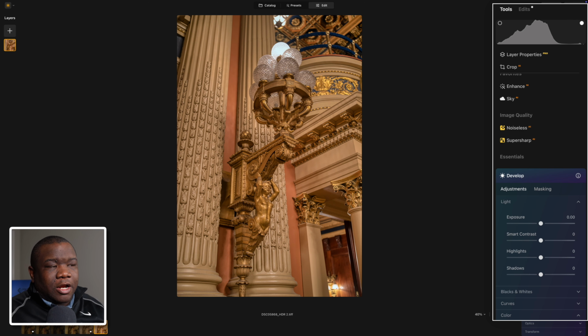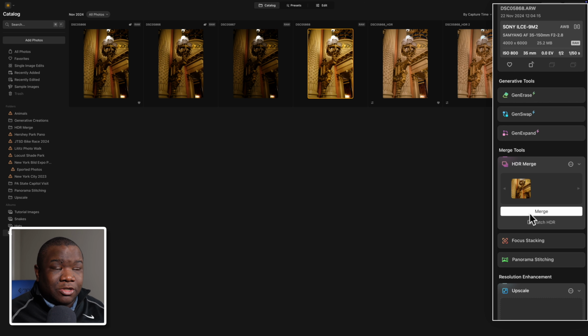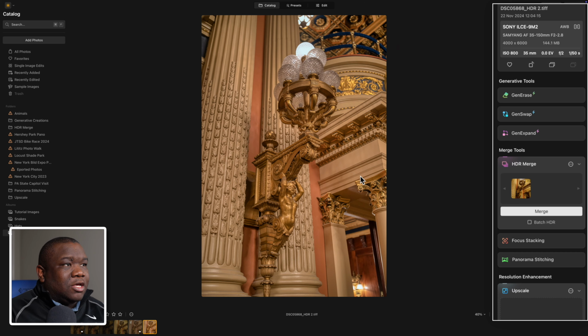All right, now before we get out of here, I want to show you one more bonus tip inside of Luminar Neo. And to the best of my knowledge, this is the only software that can do it. That's actually the other reason why I wanted to showcase HDR processing inside of Luminar Neo. So what I did is I took a single image and I merged that image all by itself. So let's jump back to the catalog really quickly here. I took this image here and I dropped it into the HDR merge and I went ahead and hit merge. And then that spit out this image right here that we're about to take a look at inside of the